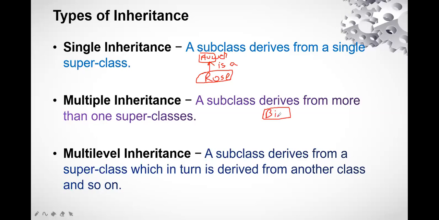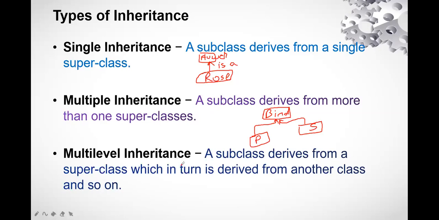We have a class that is birds, and we have these two other subclasses, that is, let it be parrot and let it be sparrow, and the arrow will be upwards. Now this is what? This is multiple inheritance. That means parrot is a bird and sparrow is also a bird, right? So this is the one which is called a multiple inheritance.